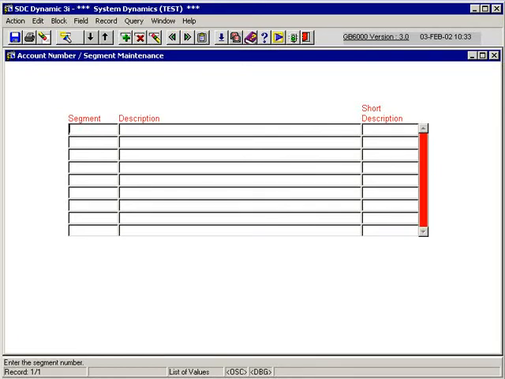This is a tutorial on the segmentation maintenance. Within the application, our chart of accounts allows for 24 alphanumeric characters to make up the general ledger account code, and this can be divided into multiple segments. If you're just going to be using a one segment GL account, then it's not necessary to use this screen, but if you're going to be splitting it up into multiple segments, this is the screen that you would use,